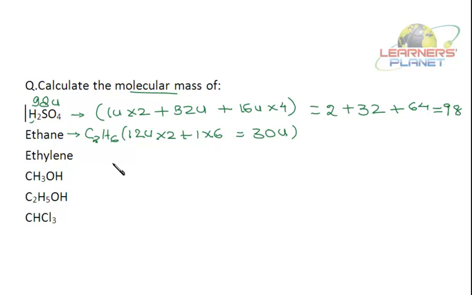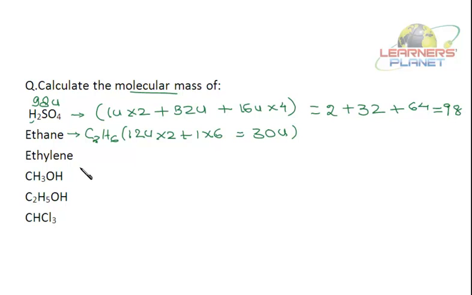Molecular mass is a relative entity. Say if it's asked to find out the gram molecular mass of C2H6. So what is the gram molecular mass? It is the weight in grams of a substance which is numerically equal to its molecular mass. Right? So this is 12 into 2 plus 1 into 6. So 12 into 2 is 24 plus 6 is 30.